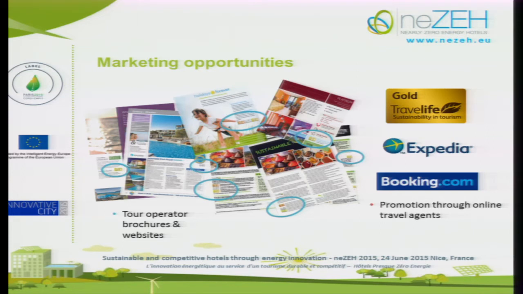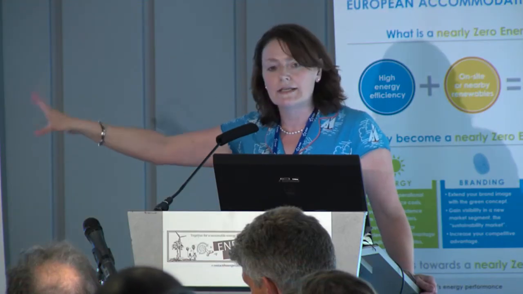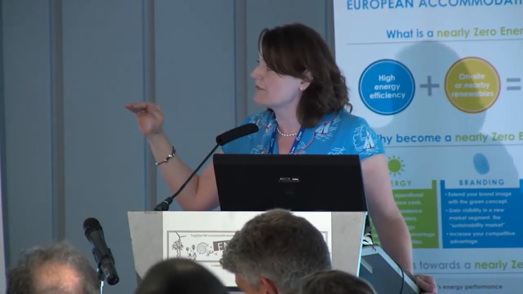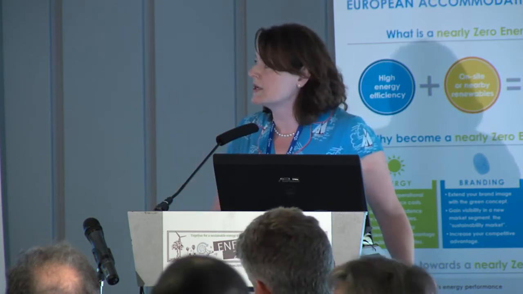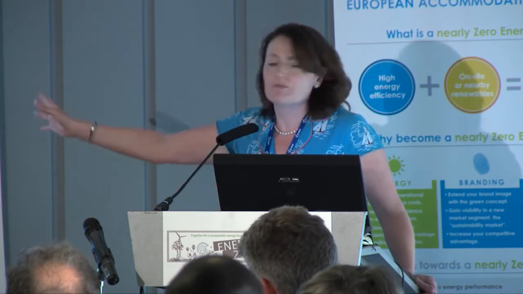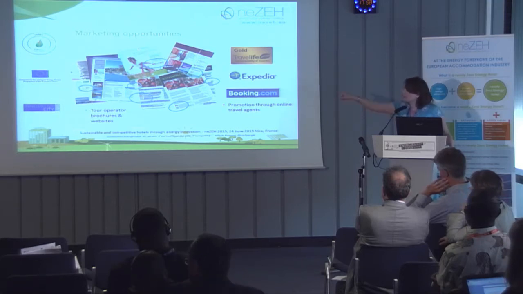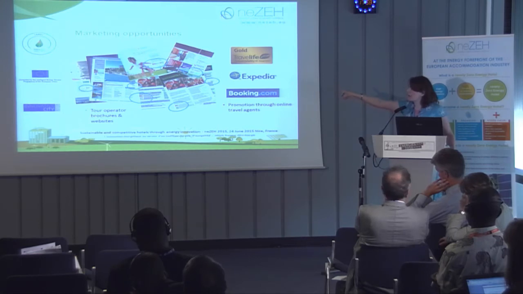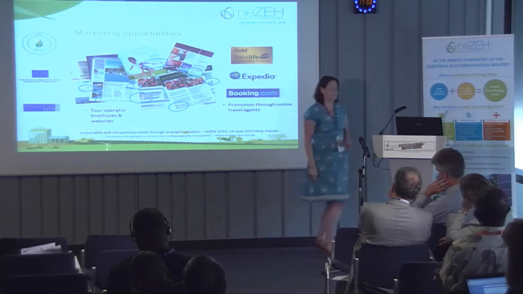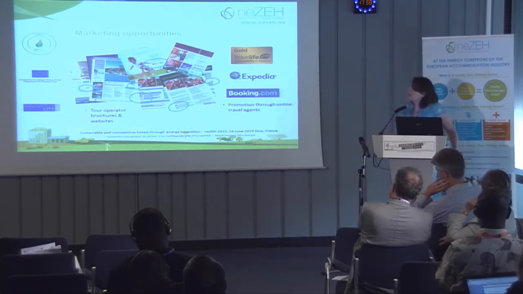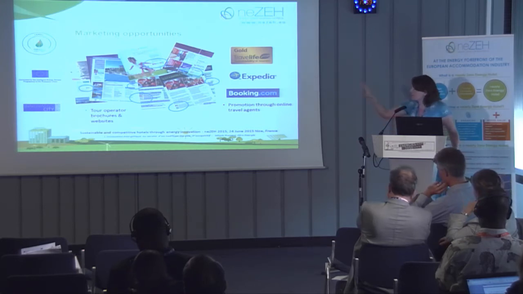This is a few examples. As you can see, we've got some different marks. We've actually recently moved from having 3 different levels of Travel Life to just one at the moment, which is the gold standard. So please don't be confused by those different icons that you can see. You can see that TUI Holidays Forever is their sustainability program, and they're explaining about Travel Life, and then when they're displaying a hotel in their brochure or on their website, they are saying it's a Travel Life Gold awarded property. Same for other tour operators that we're working with.